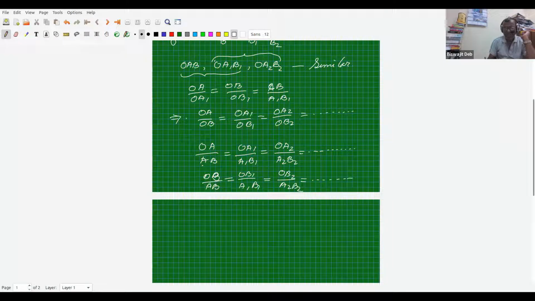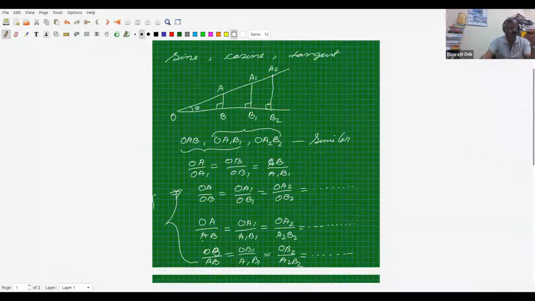So we have three sets of ratios here, which come out to be constant. Whatever the size of the triangle may be, for this angle theta, these ratios come out to be equal. So these constant ratios are given three names. And remember, this constant ratio depends on theta. So these names are dependent on theta, so that's why we call this OA by OB